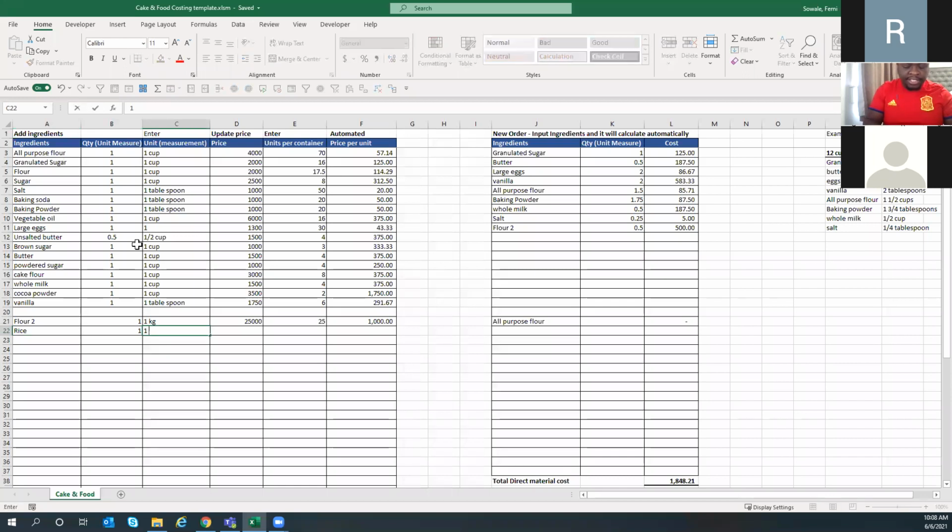Here you'll say maybe one cup. That's your own measuring cup. Let's say I said 25 kilograms, right? Let's say the price is 10,000. All you need to input here is the number of cups you were able to count. If it was 50 cups, you just put it here, 50 cups, and it will tell you